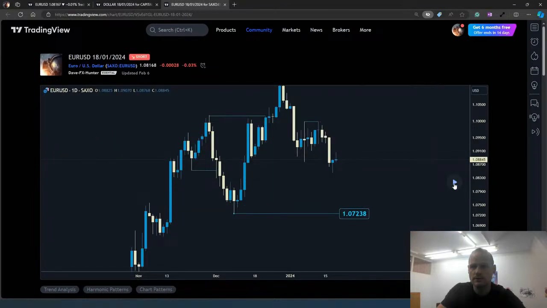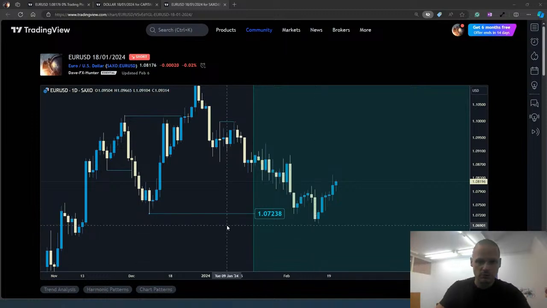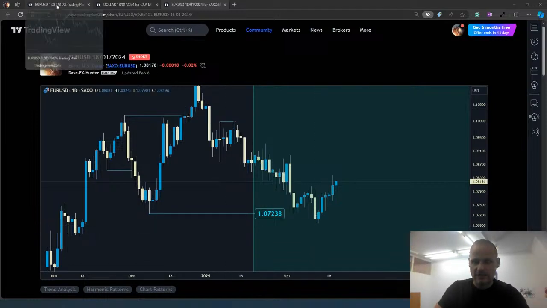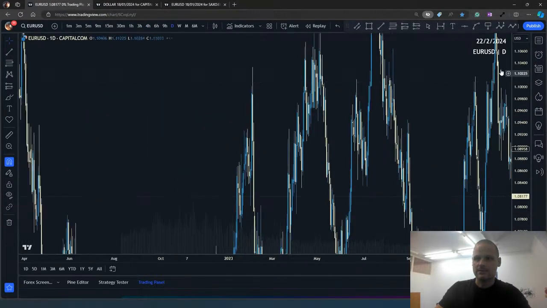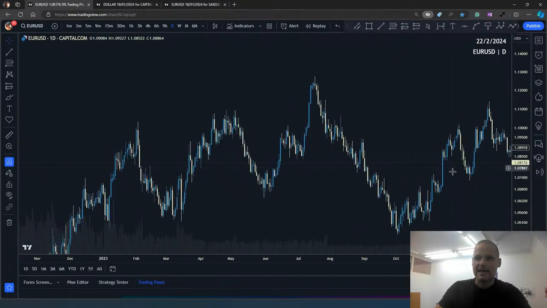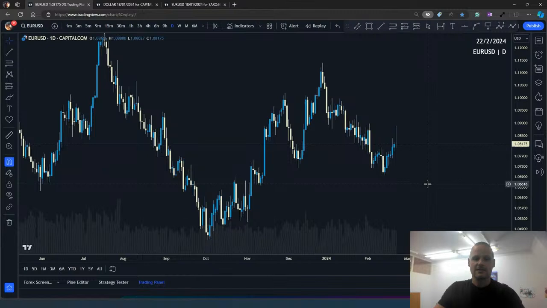And on the euro, same, right? It has reached this level. Why am I showing this? Not to show you that I understand trading, but to show you how I knew that. Basically, as I said, if the price reaches external liquidity, then it goes for the internal. So let's look at it this way. We have external liquidity reached in this move, then we are going for the internal liquidity.